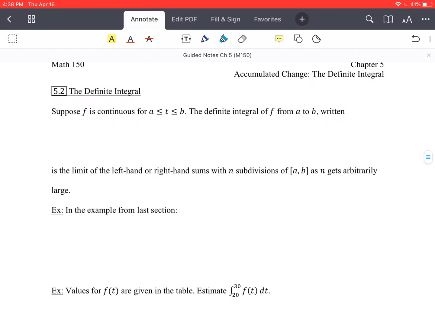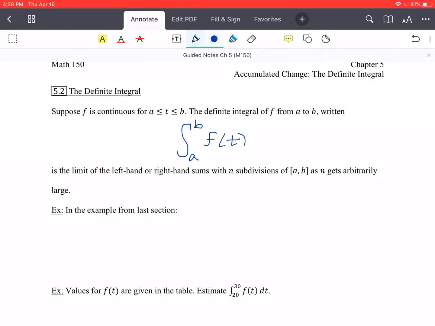So suppose f is continuous for a to b. When we say continuous, it just means there's no holes, no gaps in the graph. It's kind of a normal connected graph. The definite integral of f from a to b is written in the following way. So we have the integral from a to b of f of t dt. This is the limit of the left-hand or right-hand sums with n subdivisions of AB as n gets arbitrarily